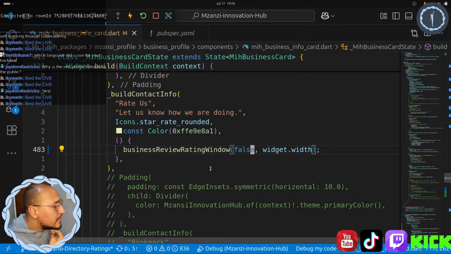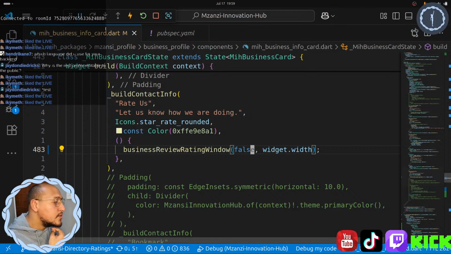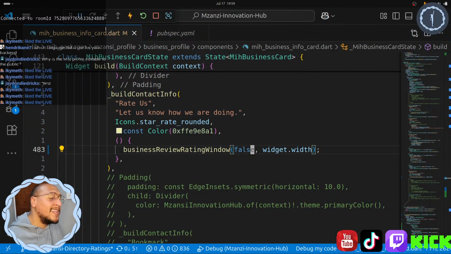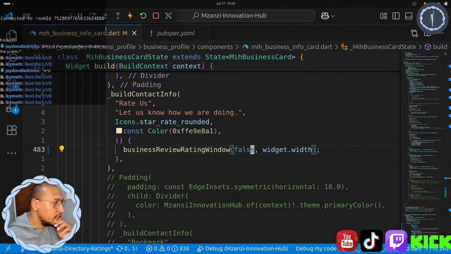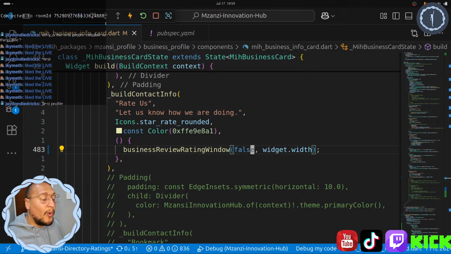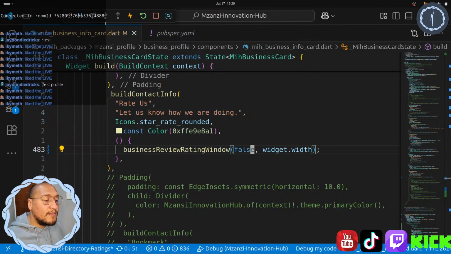Why is the test profile editable to the public? So that's something that we added in to entice people to use MIH in the beginning. So I'll get to your question, Hendrik. Let's answer Jay's question. The question is, why is there a test profile, and why can people outside of MIH use it, right? In the beginning, when we were first starting off, it is a very hard thing to ask someone to create an account to use your application.